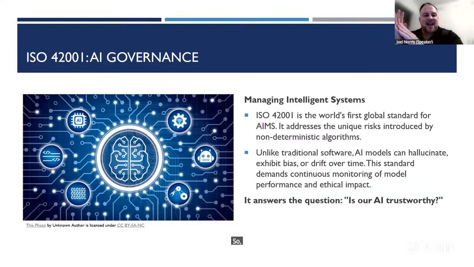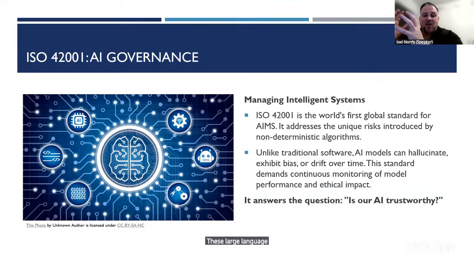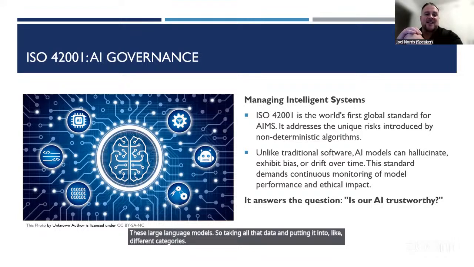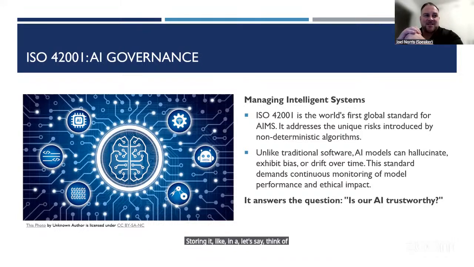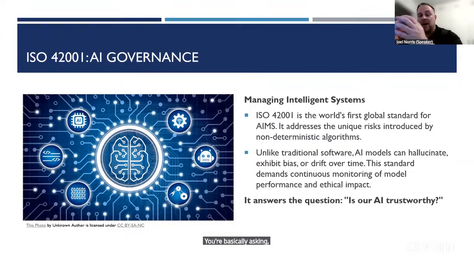So, needless to say, this is kind of like the beginning. This is a premise of where AI is starting to head and where it's coming from. These large language models are taking all that data and putting it into different categories, storing it in, let's say, think of it as a massive database. And when you start querying this, especially with your own projects and your own ideas, you're basically using your computer, a calculator, to calculate data and pull data from other resources